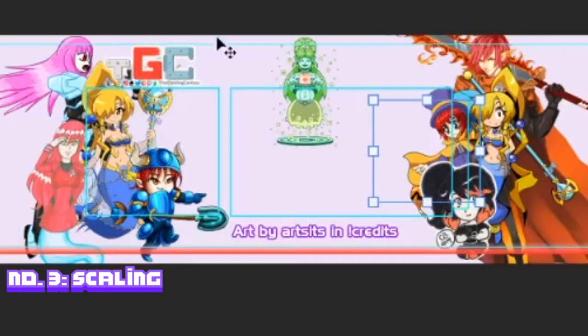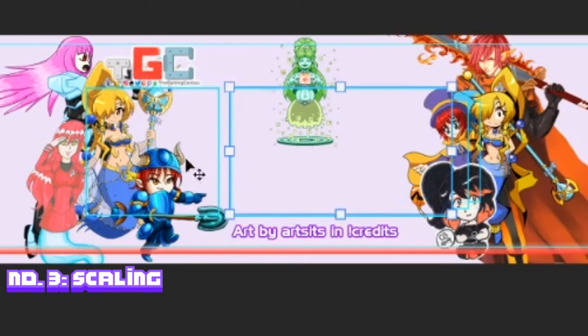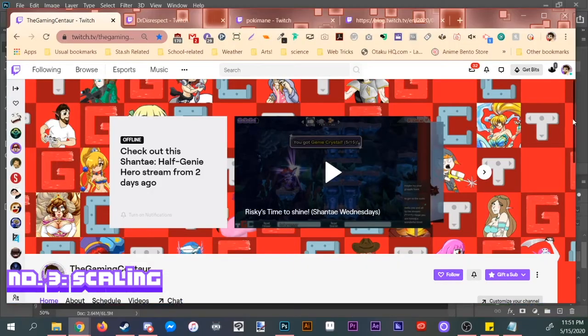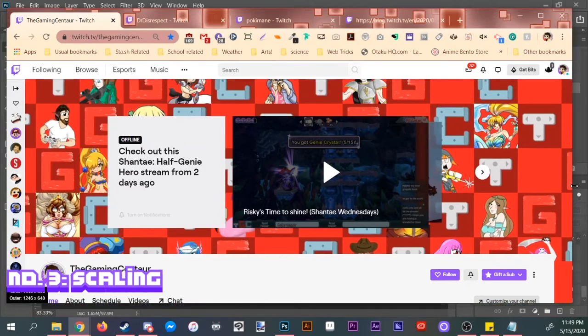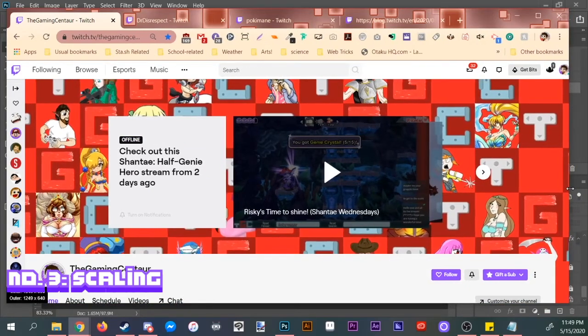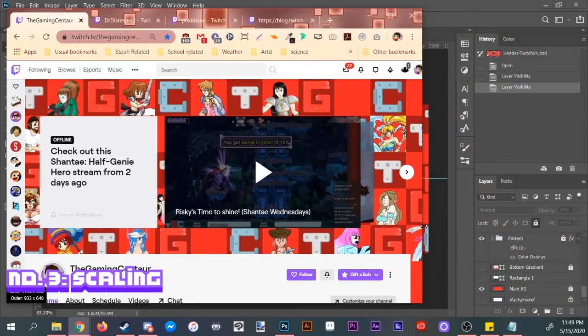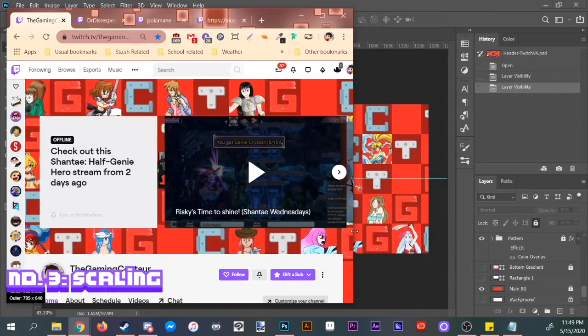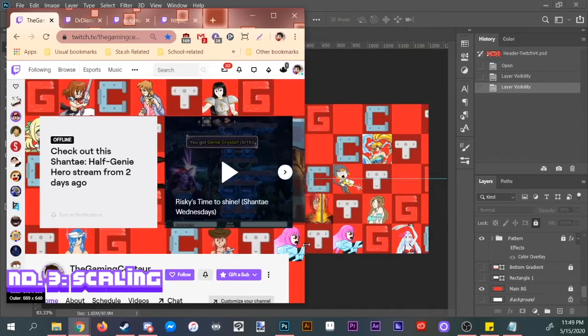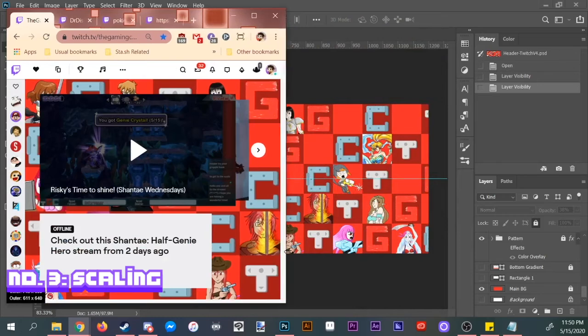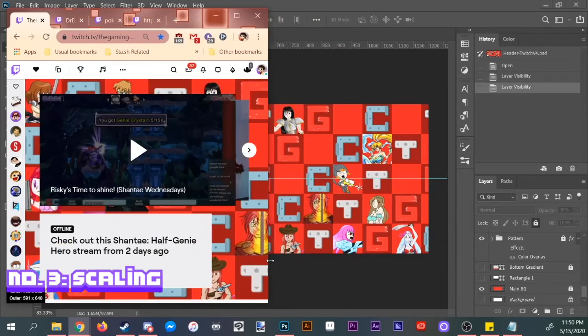What I ended up trying to do before scrapping it all and going to here is I actually tried to save my old design and carry it over to the new Twitch banner. I took the time to size everything out and make sure everything looks nice, and then I decided to scale the width of the whole thing, and it actually made things a lot worse. The original measurings that I did were all off as soon as I moved it to the left or to the right. And so this repetitive form is good for scaling because it helps